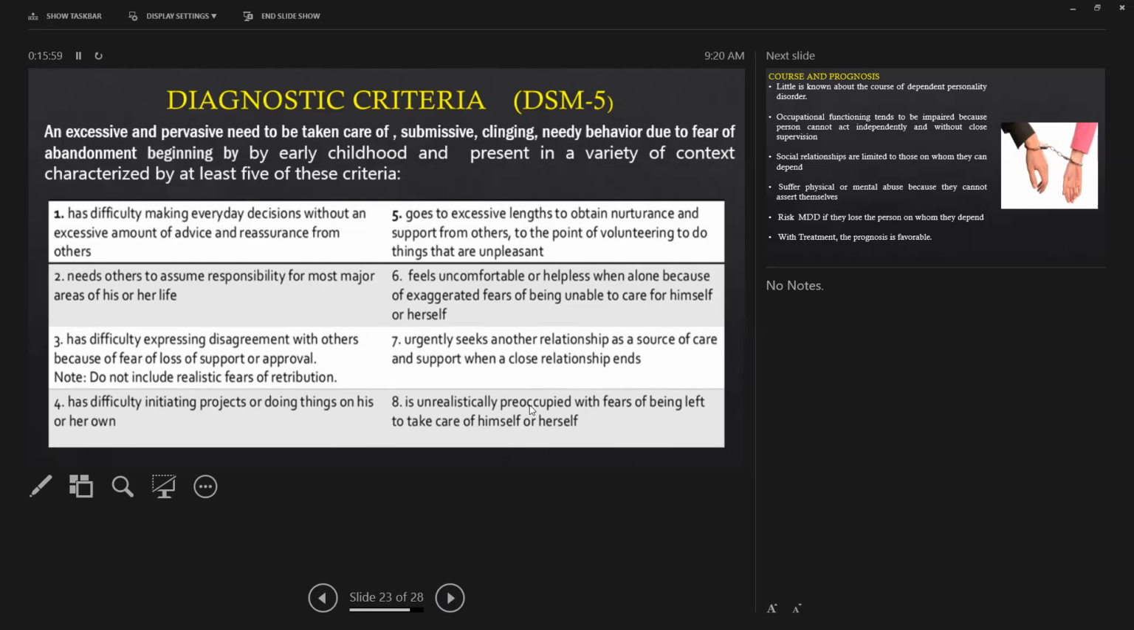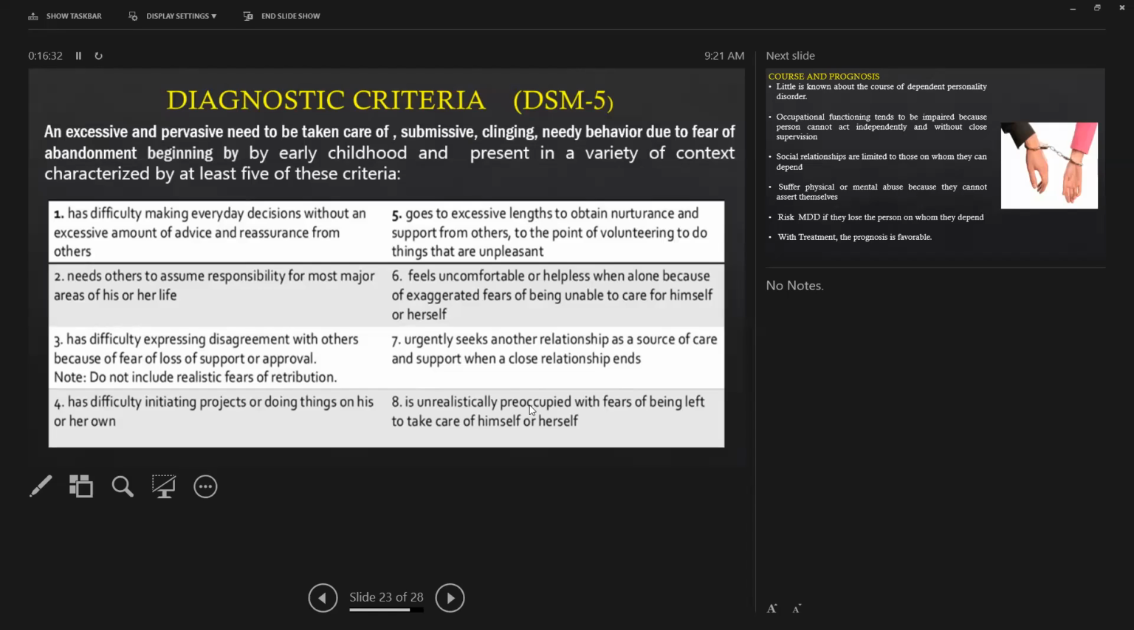having difficulty making everyday decisions without an excessive amount of advice or reassurance from others, needing others to assume responsibility for most major areas of his or her life, having difficulty expressing disagreement with others because of fear of loss of support or approval, having difficulty initiating projects or doing things on his own, going to excessive lengths to obtain nurturance and support from others to the point of volunteering to do things that are unpleasant,